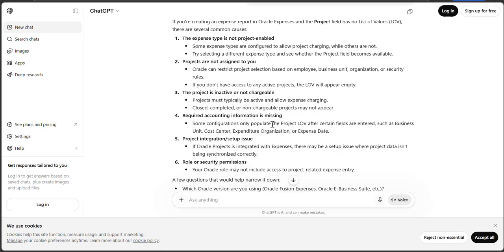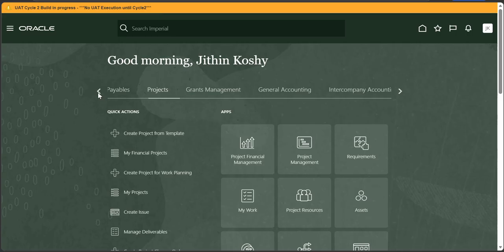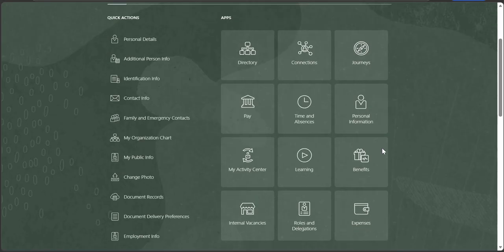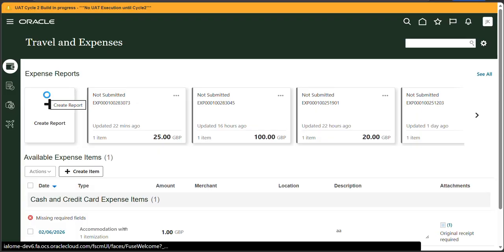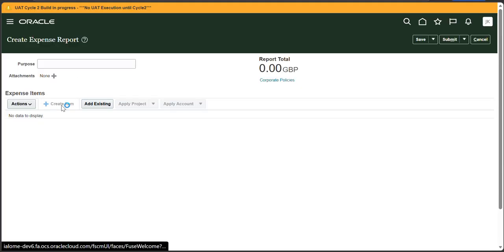Some configurations only populate project LOV after certain fields are entered, like business unit, cost center, expenditure org or expense date. So this is really going back to the creation of the expense report, having that information there, which we did. So we weren't missing anything. So if we go back to create report and create item,